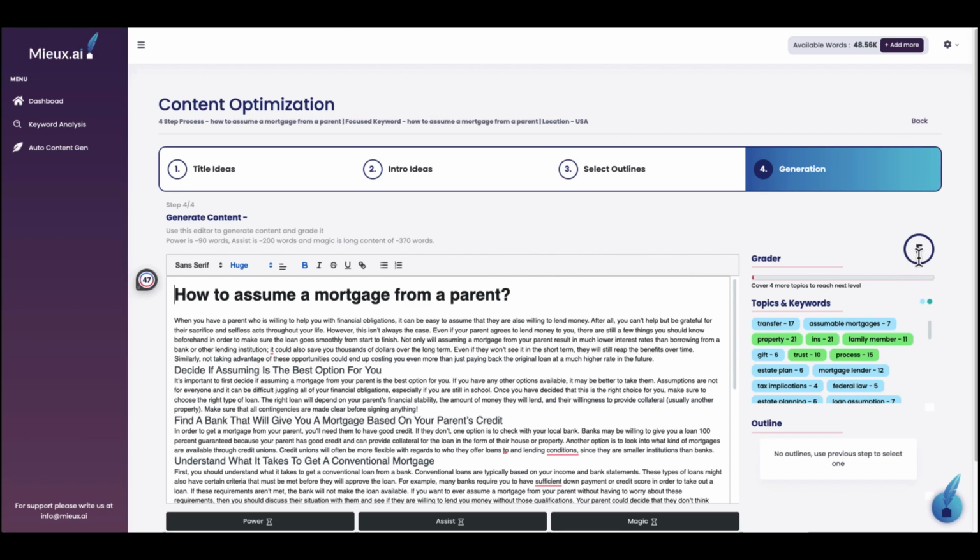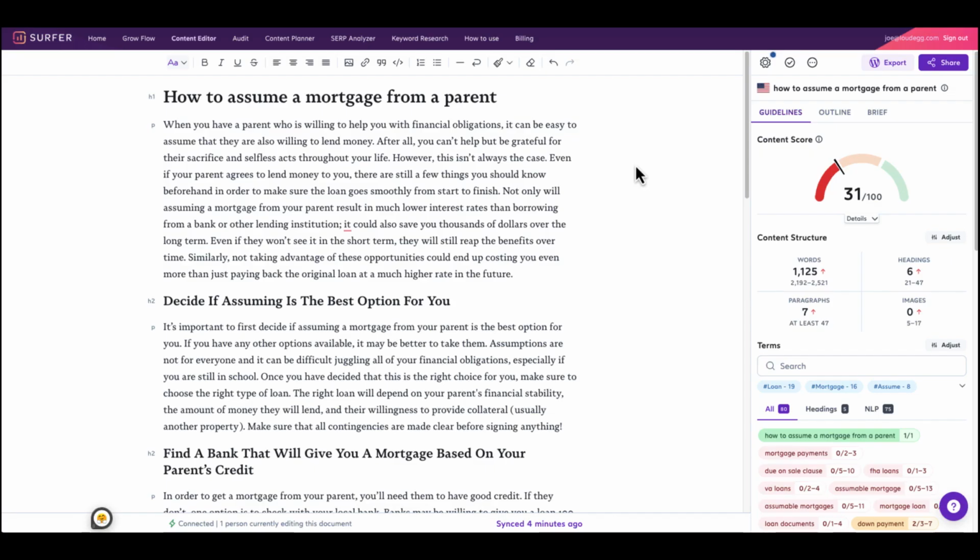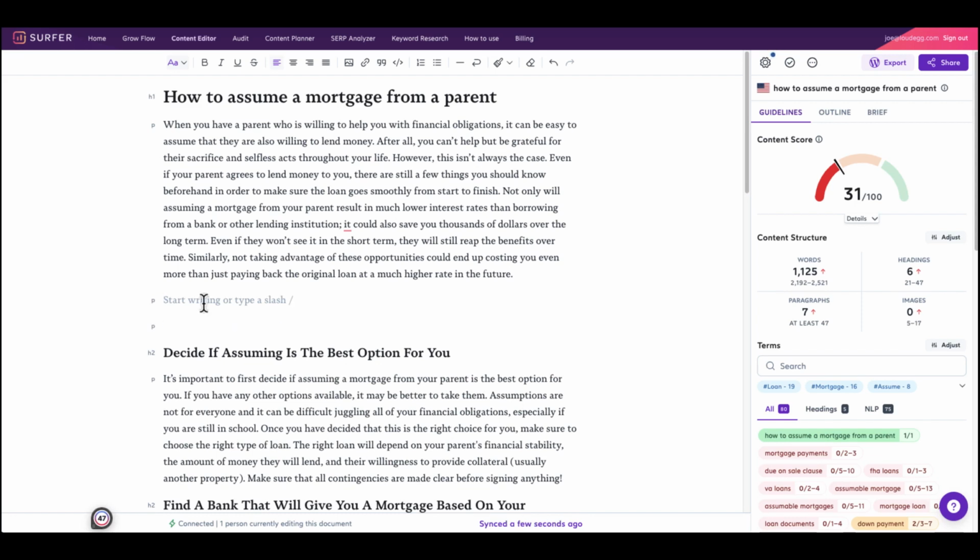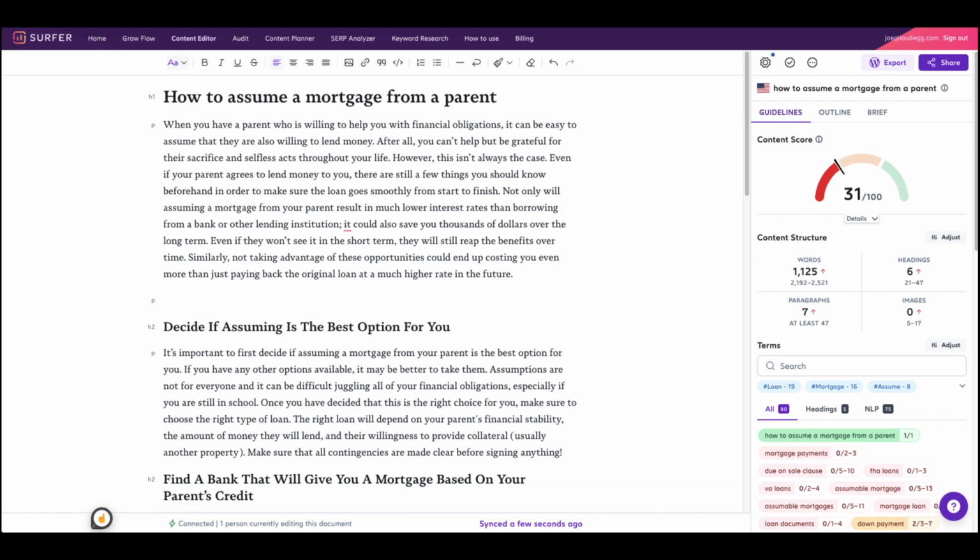See, the letter grade here is F. Now something to keep in mind is, of course, you can type whatever you'd like. You can use these as a writing tool and an editor. So if you wanted to actually type out things, you can. With Surfer, it will show you in gray the keywords to actually type out. But just for this example, I just copied and pasted everything just so we have something to start off with.